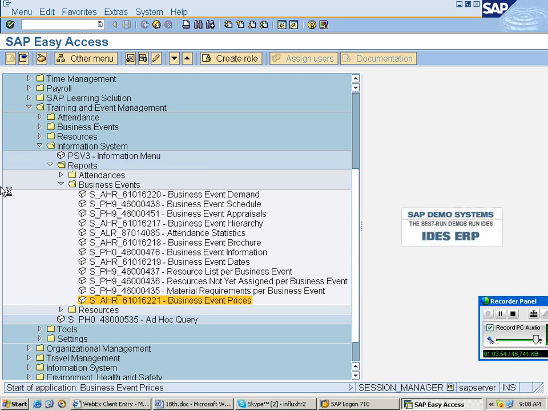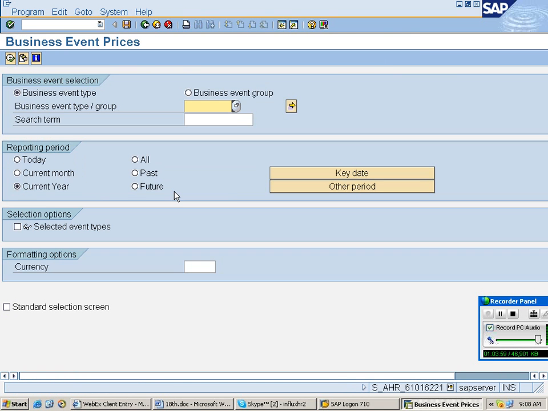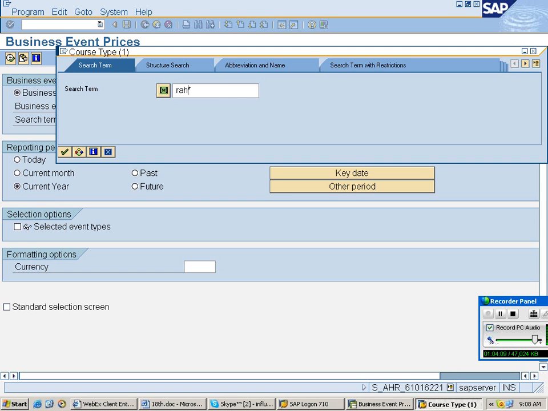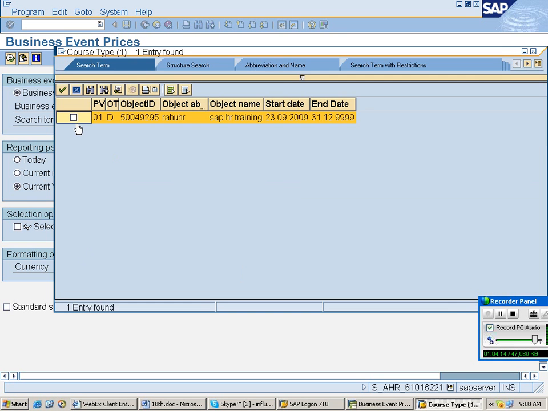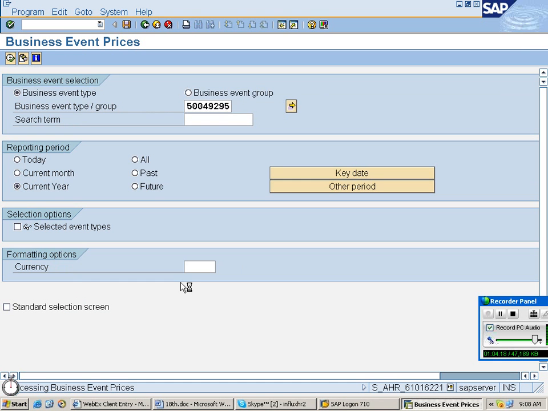Enter it in the command field or double click here. Automatically you get business event prices. Here you have to enter the business event group or event type. Our event type is REHU HR. If you click here, select, and click on execute,